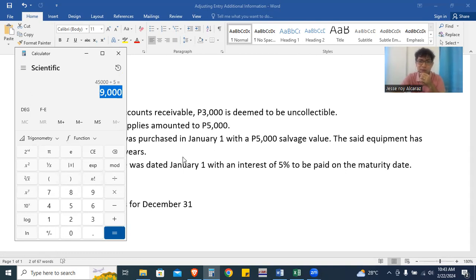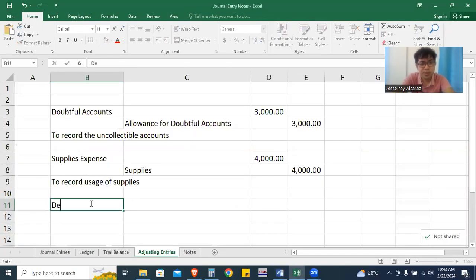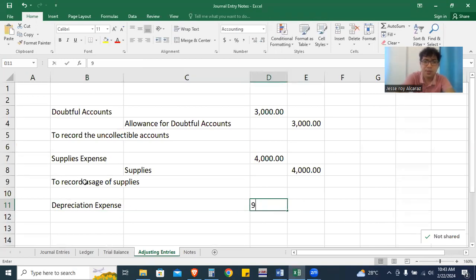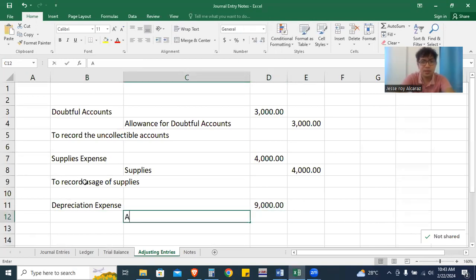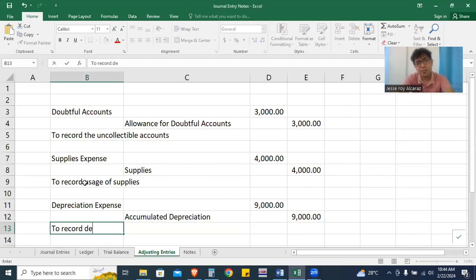Ipalit siya January 1, mag-adjusting entry ta December 31. So, debit, depreciation expense, 9,000 pesos. And then, credit, accumulated depreciation, 9,000 pesos. To record depreciation